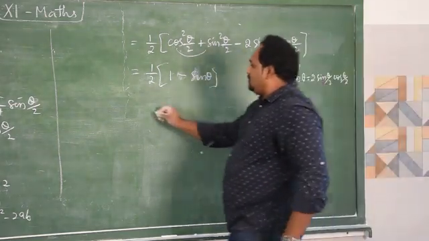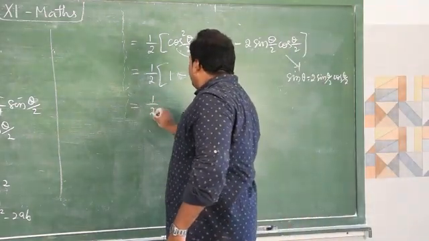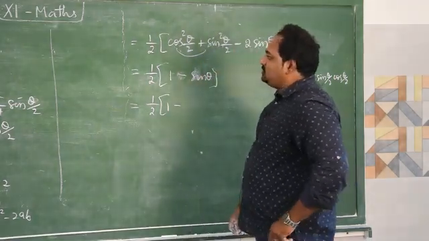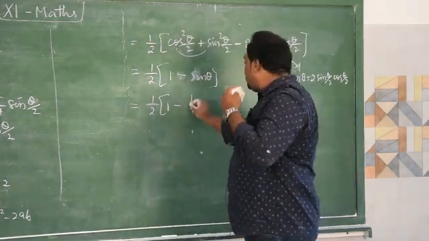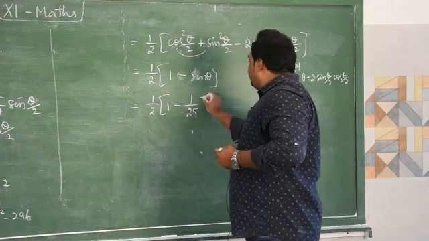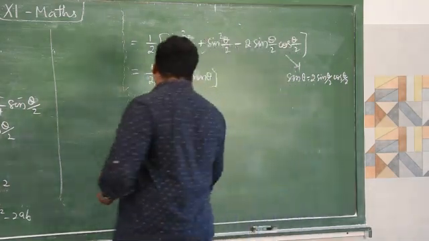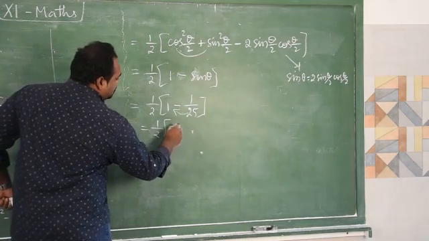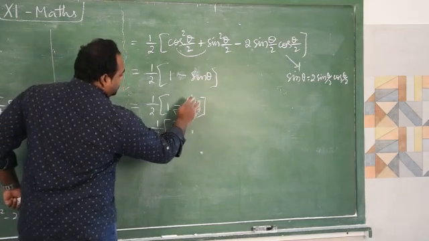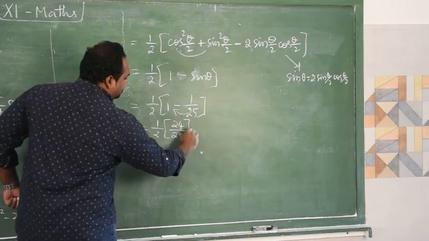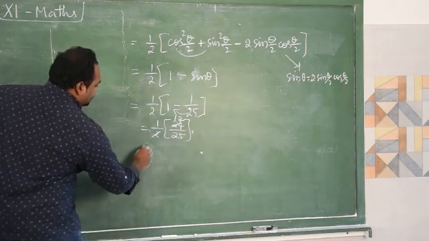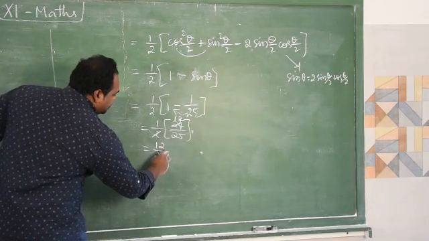So now look at that. 1 by 2, (1 minus sin theta), with sin theta value 1 by 25. So 1 by 2, if I cross multiply this, 25 minus 1, 24 by 25. So if I cancel this, 12. So on the right hand side I am getting 12 by 25.